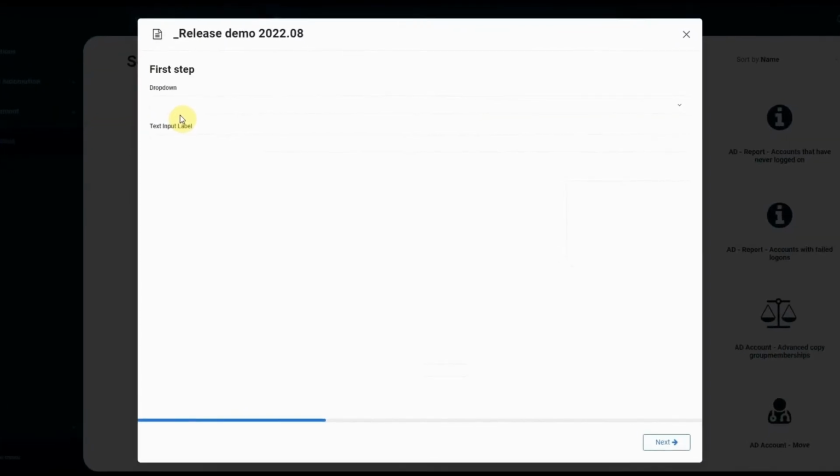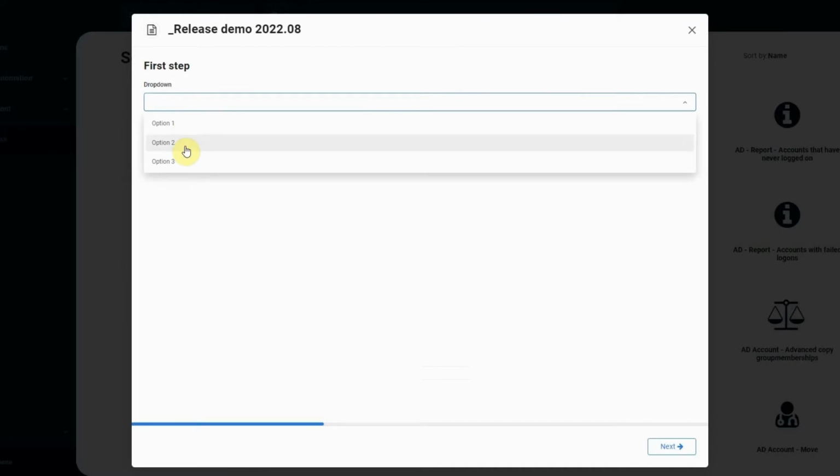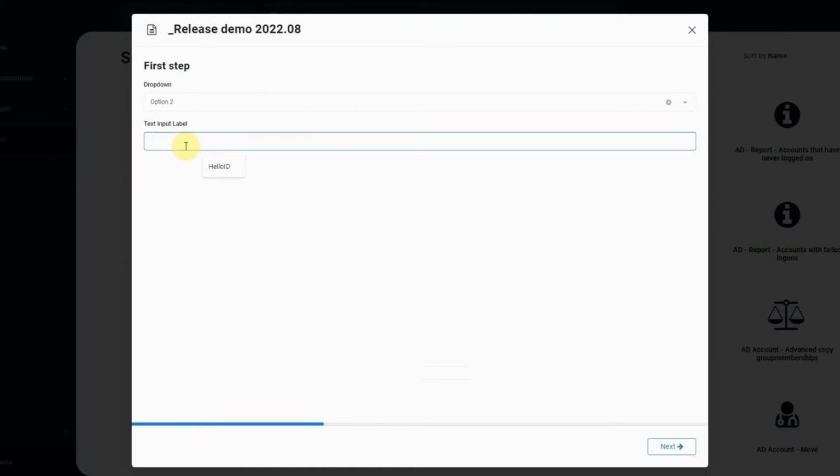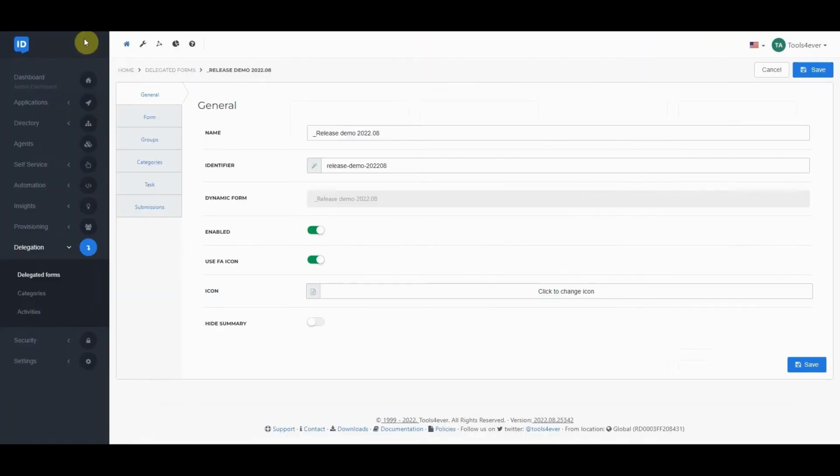Because the Hide Summary function is turned off, we should see the form itself as well as the visible default summary. So let's select option number 2 for the dropdown and enter the value HelloID in the text input. Then click on the Next button to go to the second page. On the second page, we can select Apple and Pear from the dual list and click on the Next button to see the default summary page. Now, this is the same behavior as before, so let's close this window